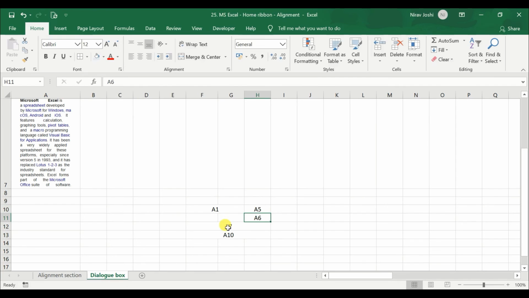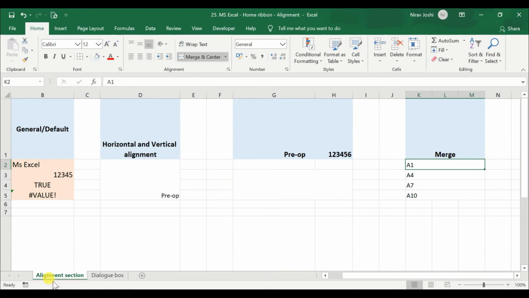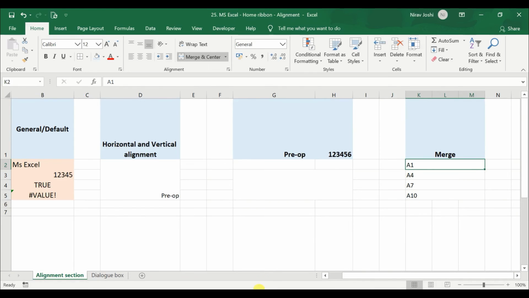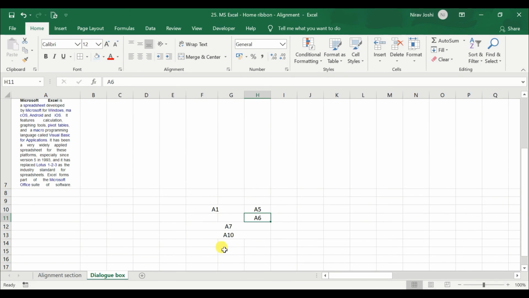Along with that, when you copy this data and paste it to another place, as a part of a master sheet or any other way, it will not affect that copy pasting. But if you have merged some cells and you are copy pasting that whole range or data set, it may show some error when you paste those data, which you might have observed in your master sheet as well. So this is a better way to use compared to this merge and center. But routinely, most of the time we are using this merge and center, and it might not be causing any error. But if it is causing error, you can use this kind of selection as well.